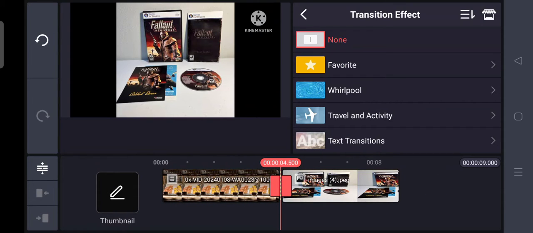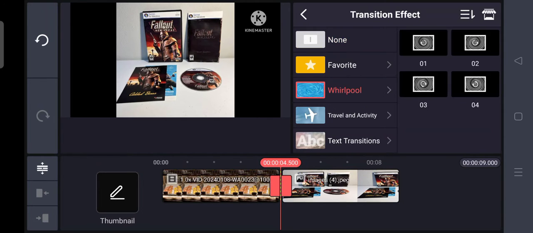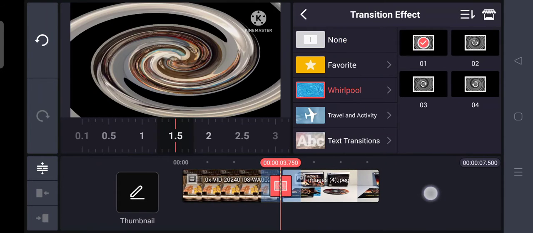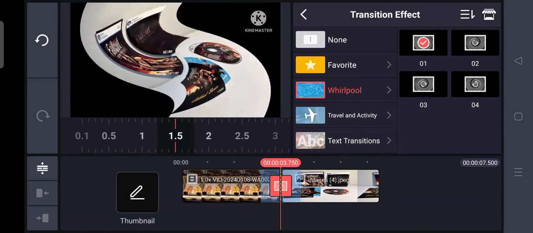So make two videos here or make two assets or media and use this whirlpool. So here for example,